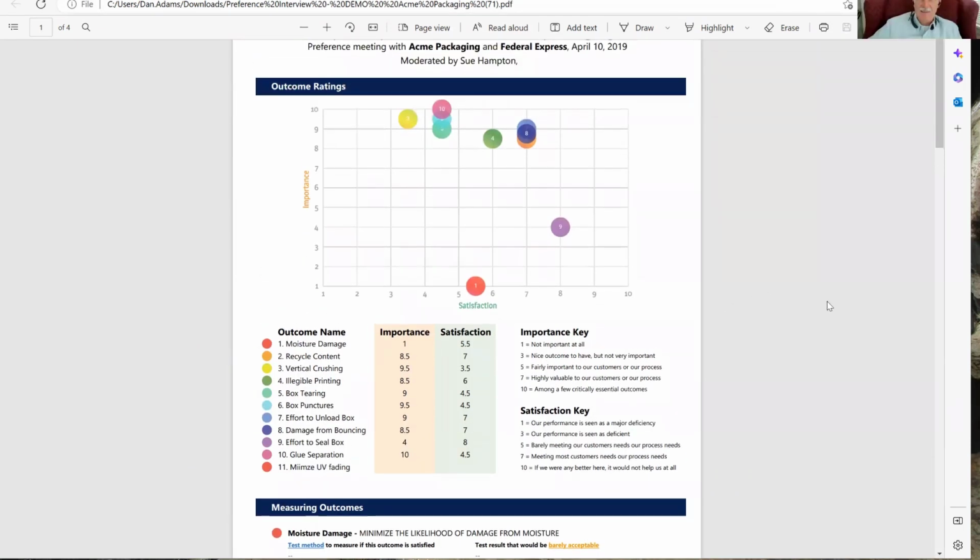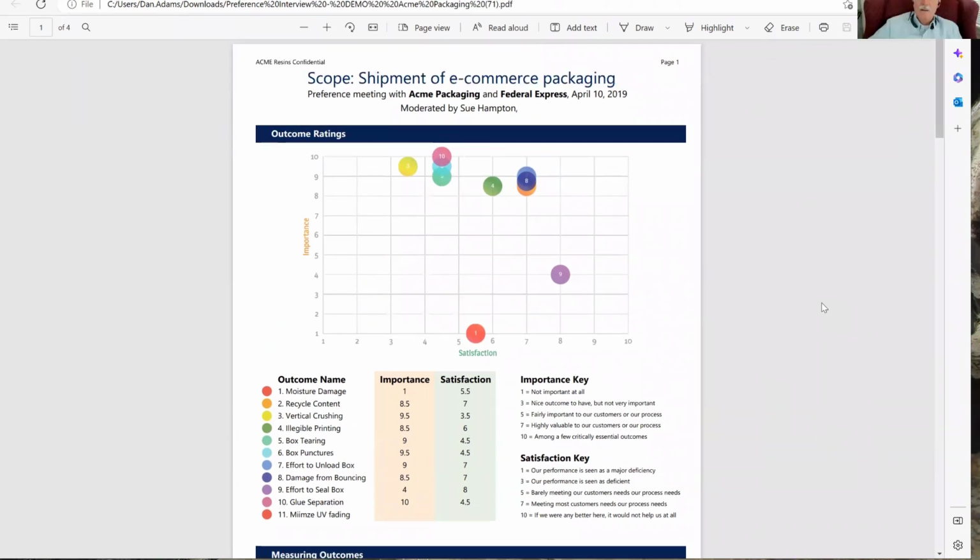grief. Okay. All right. And I think I flagged this in a message earlier when we were doing discovery interviews. We only see the moderator listed at the top. We don't seem to have all the participants listed at the top. Oh, that's right. Yeah, we really should have. Your preference would be to have the Acme packaging team and the customer, the Federal Express team, even if it didn't say who the moderator was, right? Yeah. Maybe Acme packaging and put the names, and then Federal Express and put the names. Would that work? Well, that's what we were hoping that this would do automatically. And we're just, yeah, exactly,